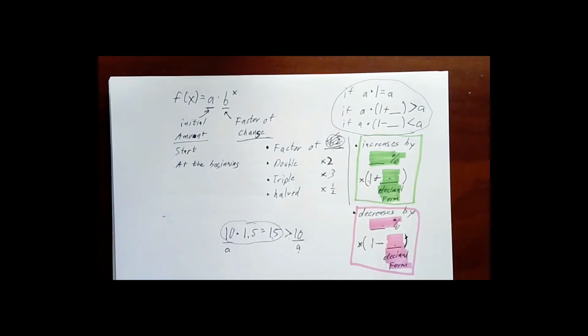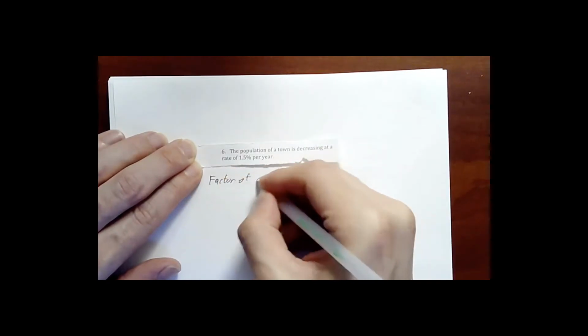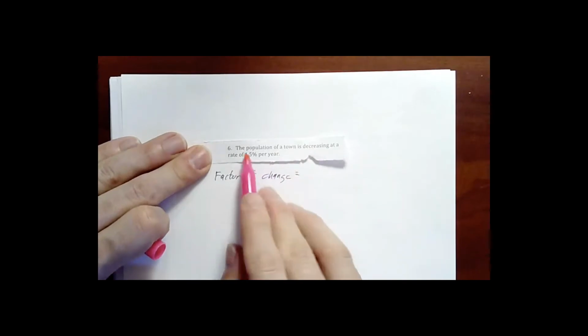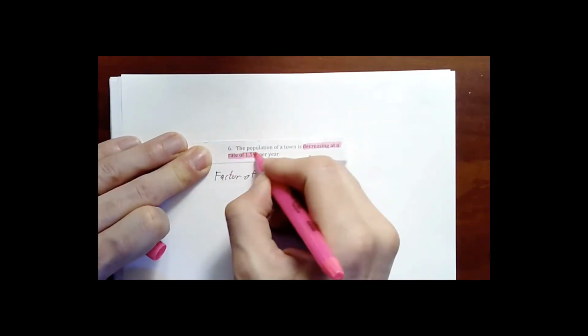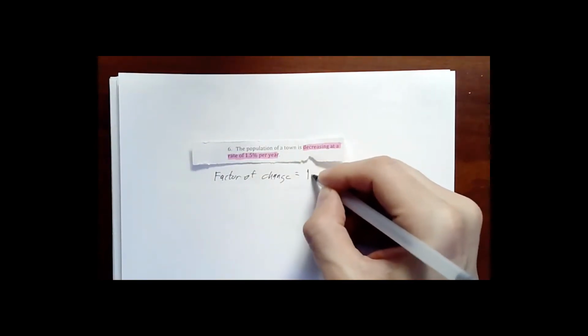So let's just see an example of how to find the factor of change. If I had a problem that looked like this, and I wanted to know what is the factor of change. The factor of change in this situation is going to be, well, let's read it. The population of a town is decreasing at a rate of 1.5% per year. So every year they're losing 1.5% of their population. Well, what is that factor of change then? The factor of change is going to be 1 minus